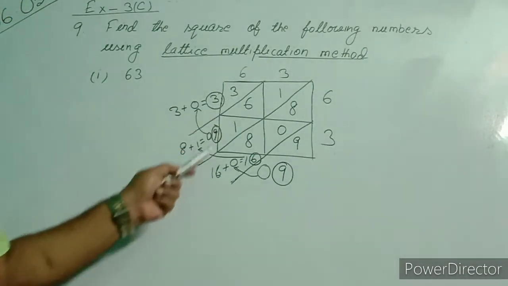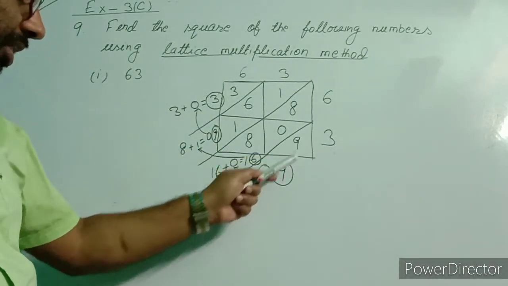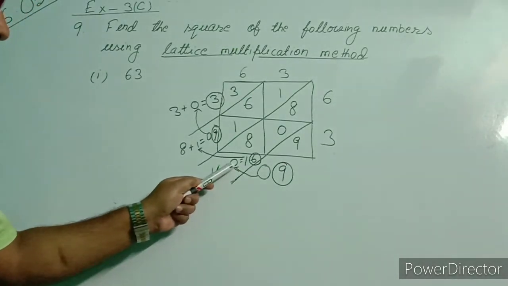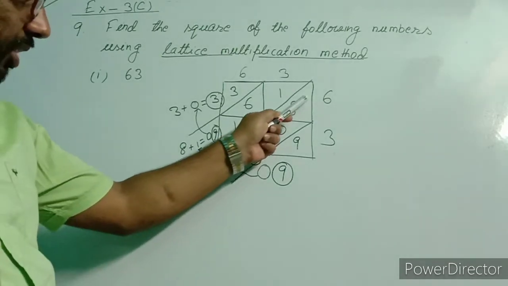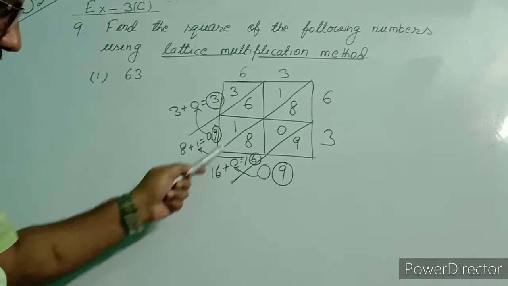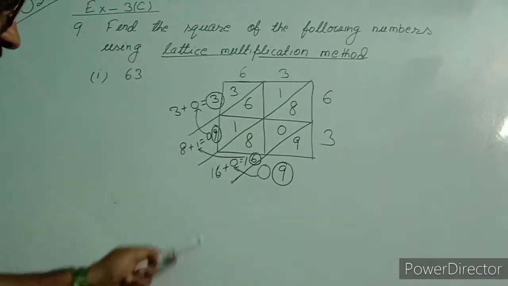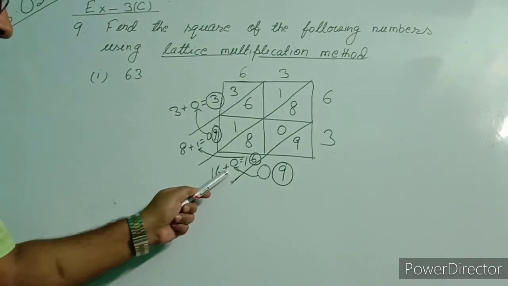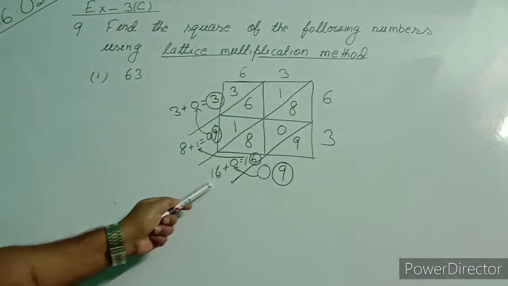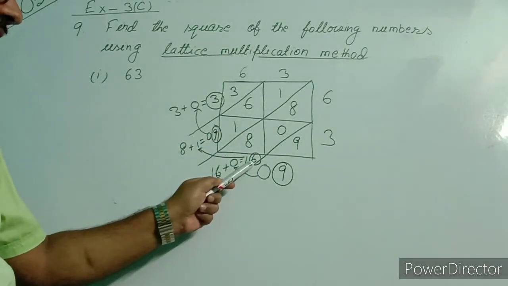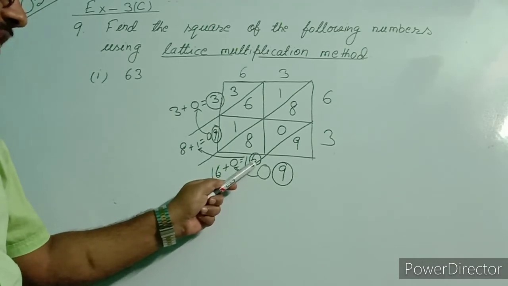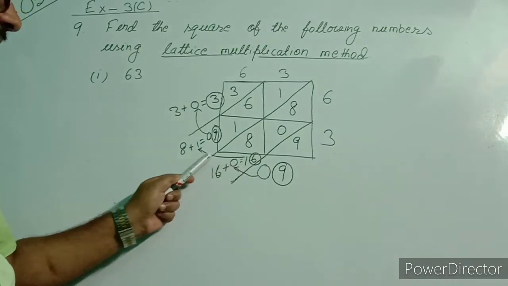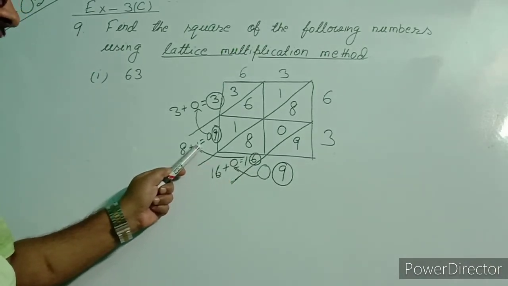Now these diagonals are prepared. In this diagonal, what is 9? Write 9 in 2 digits. 0 9. This 0 will be carried here. Now you add these numbers between these two diagonals. 8 plus 0 plus 8, we are getting 16. So before 0 you give the symbol of plus and write this addition, 16 plus 0. How much are we getting? 16. The unit digit you circle there. I circled this 6, that is at the unit place, and 1 I transferred here. Okay, that is the tens place.